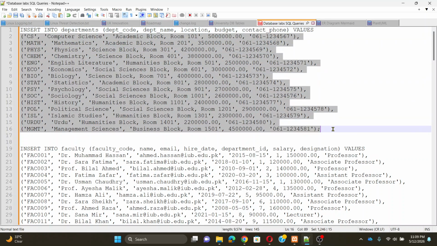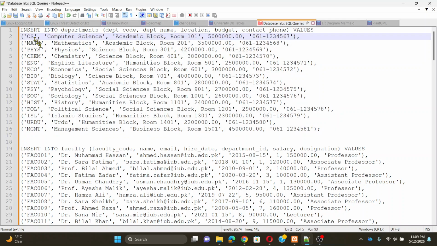I think these are the 15 records because I have given 15 records in this query. First of all, the Department of Computer Science, this is the department code. So, department code, math, physics, chemistry, English, economics, biostat. You know that when you are learning some courses like DLD, I think it contains the department code of CS, and the courses such as